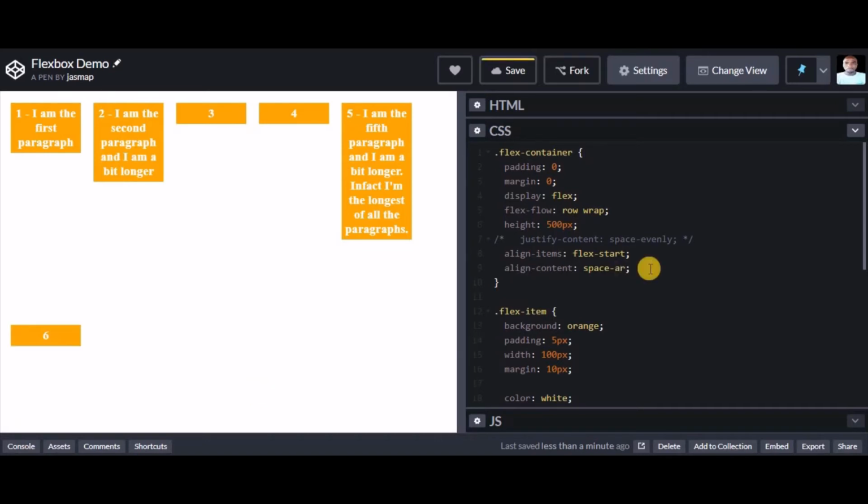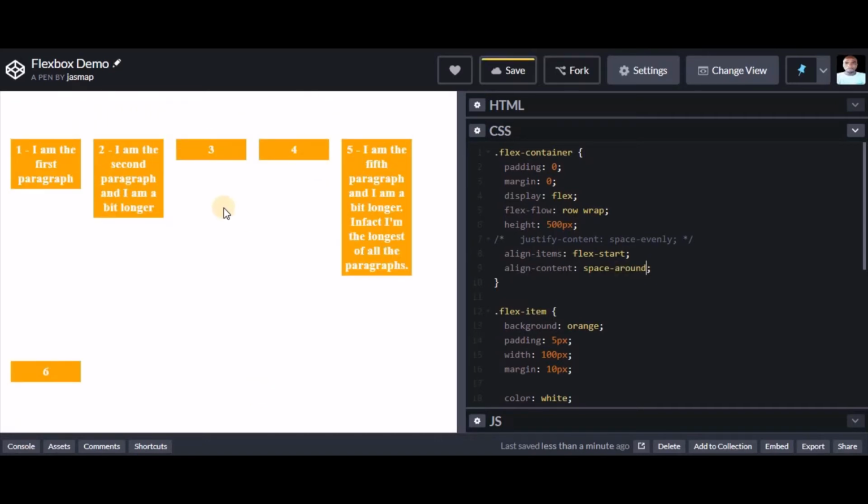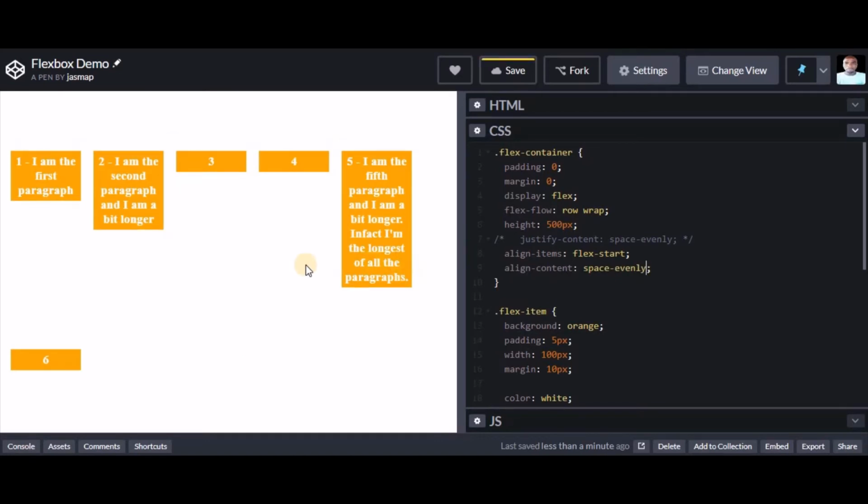For space around, see here, the same as we saw on justify content. The difference only is that justify content was doing it along the main axis and was doing it for flex items, whereas align content is doing it for flex lines and along the cross axis, but it's the same thing. For space evenly,